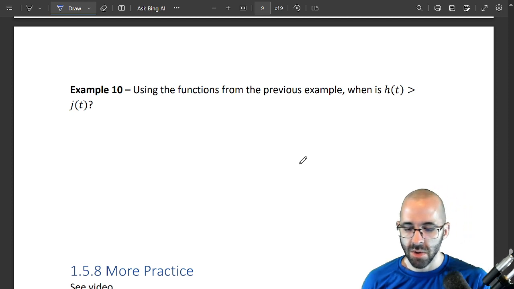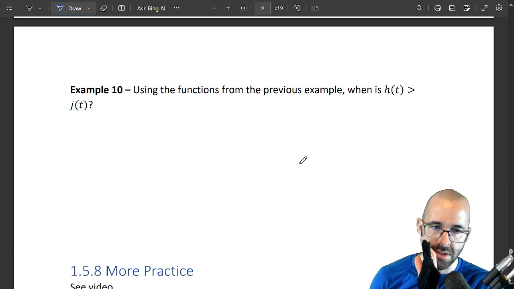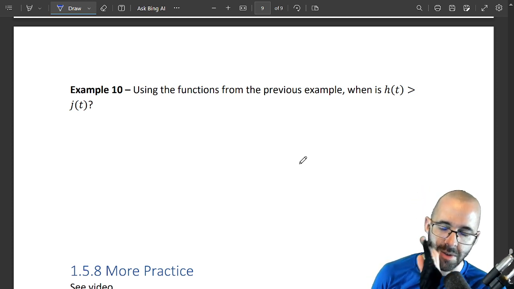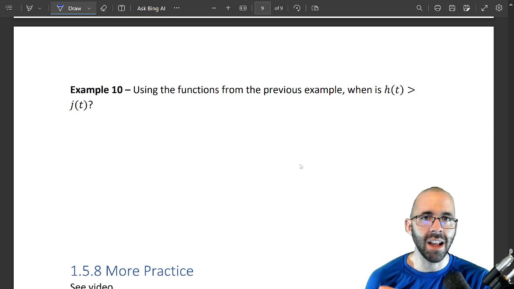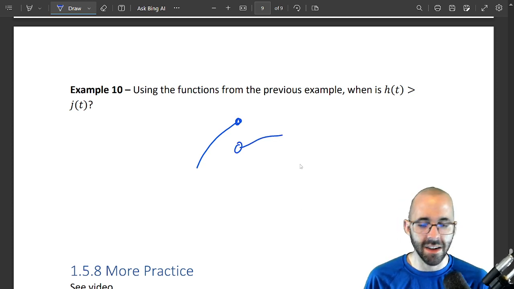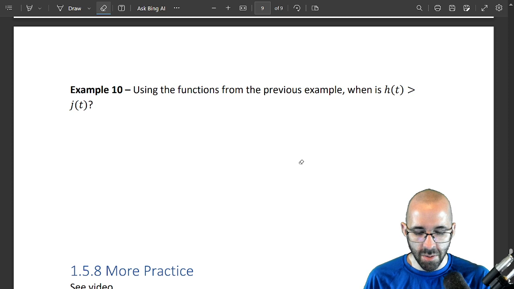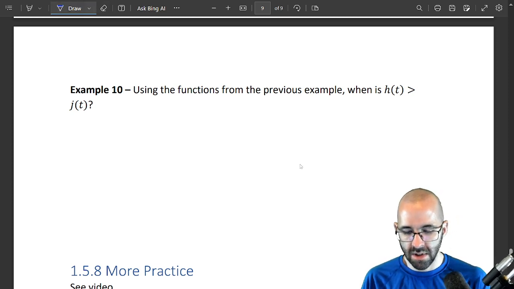Okay, so the only time it can switch is for continuous functions, and most things in this class will be continuous. Continuous just means connected. So a line is all connected to itself. A piecewise function is not continuous. It's not connected. But if we have a continuous function or a connected function, and definitely for lines,